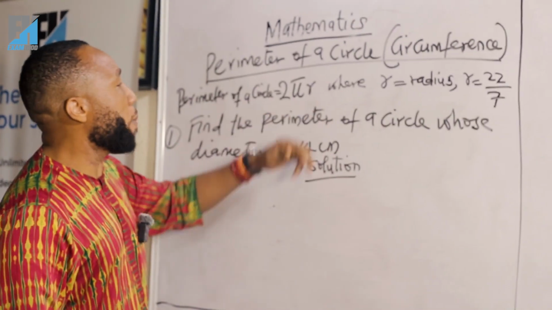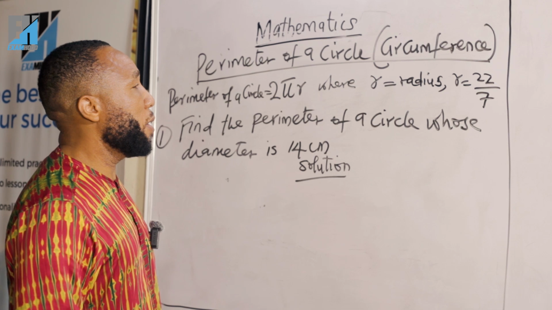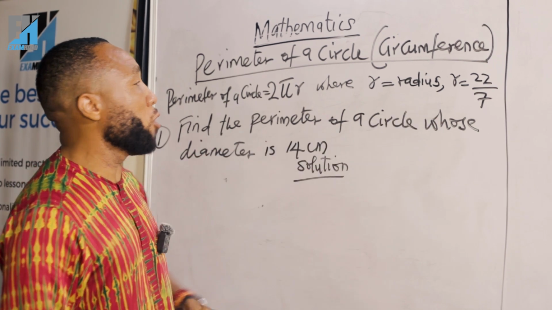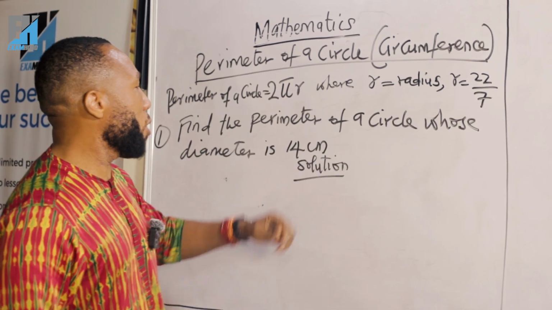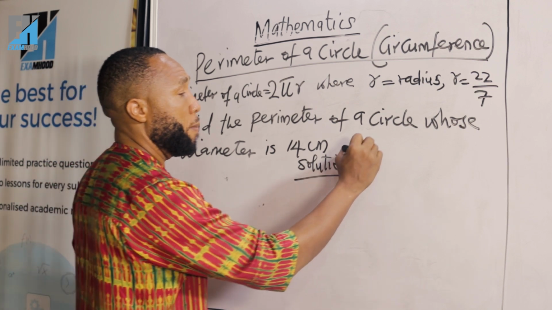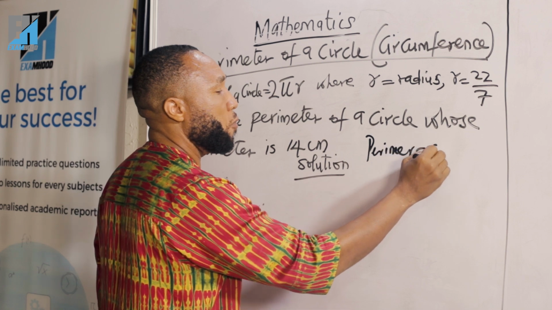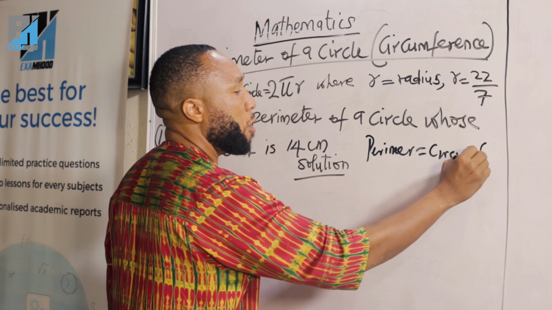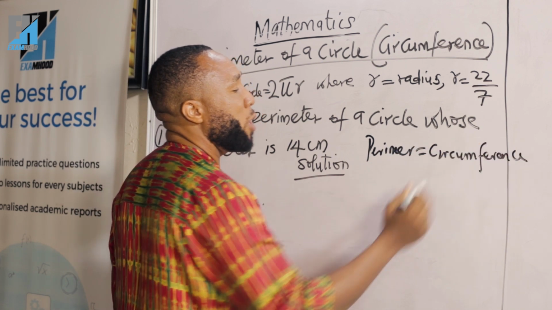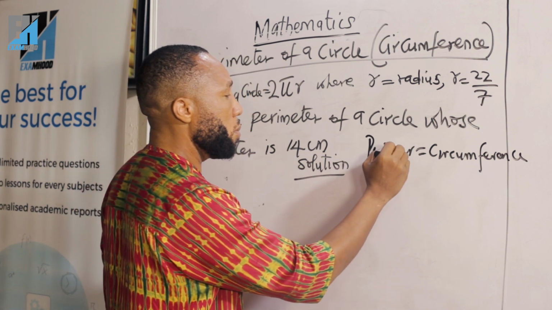Perimeter of a circle is 2 pi r, where r is the radius, and pi is 22/7. Find the perimeter of a circle whose diameter is 14 centimeters. Don't forget that perimeter of a circle is the same thing as circumference. And when they ask what is the circumference, or perimeter, of a circle,